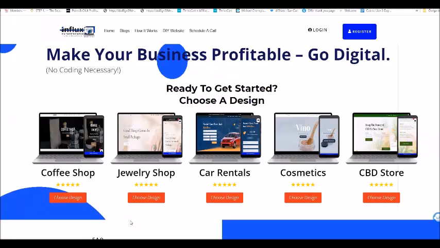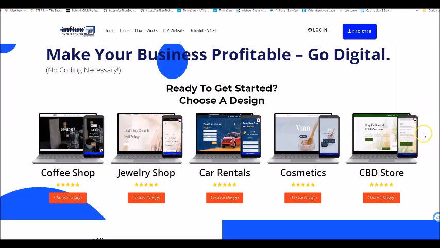How to create the online store without needing knowledge about coding or anything like that, because most of the stuff on your upcoming e-store called Influx Plus, and here we have some of the themes that you can choose from, but there's more to choose from as well. And even if you shouldn't find a theme that looks exactly how you want it to look, then you can choose one design and edit it and tweak it to look however you want it to look.